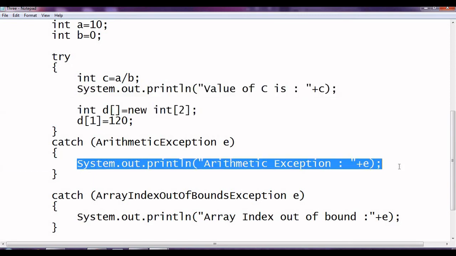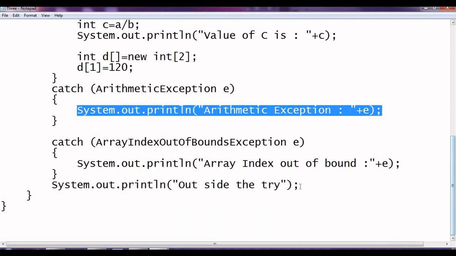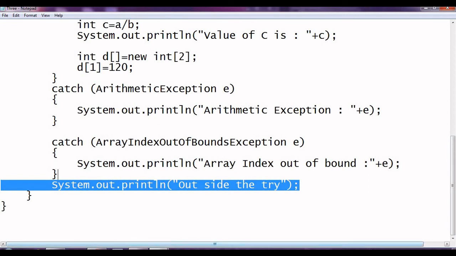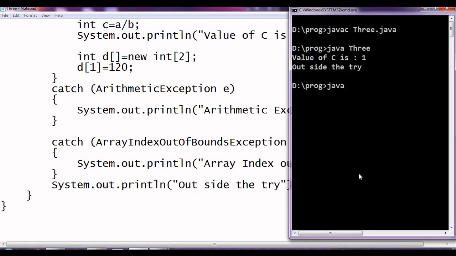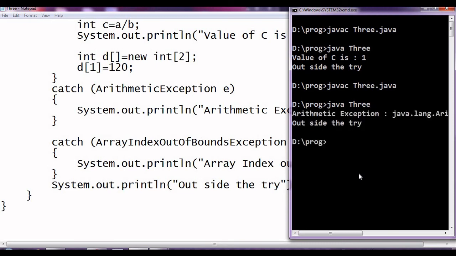We'll go for the arithmetic exception and then we'll go for the outside the try block. Let us check it. Arithmetic exception and outside the try.